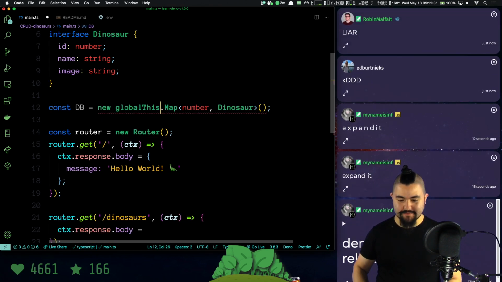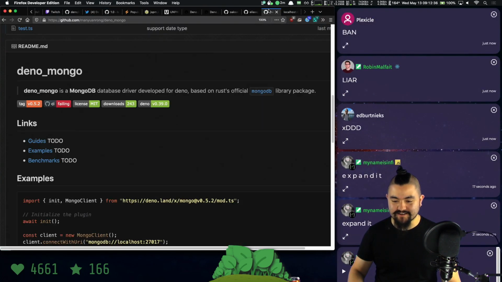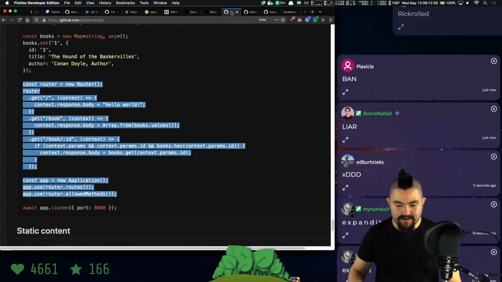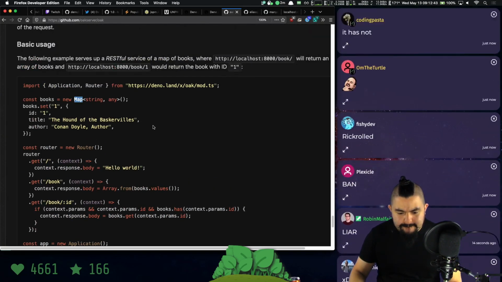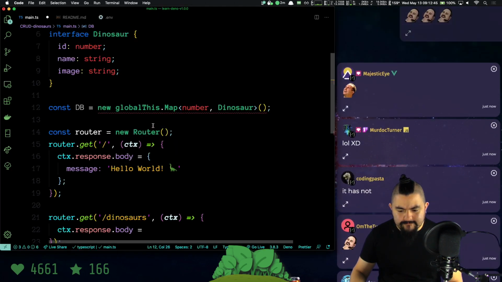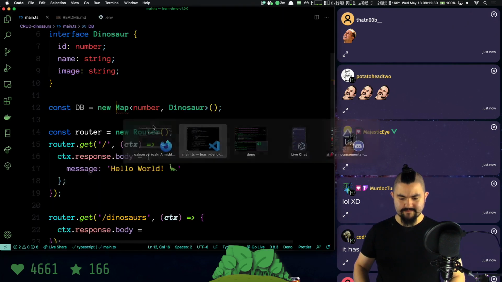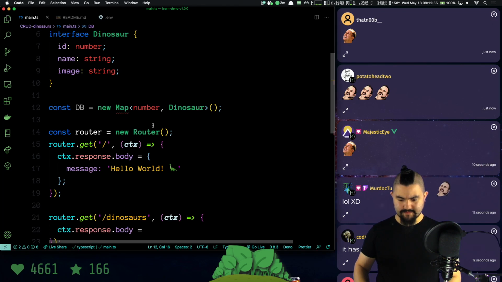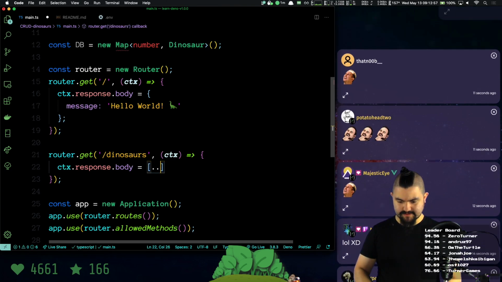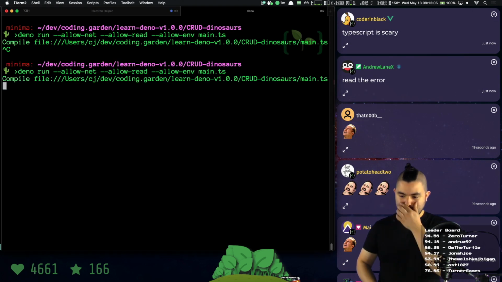How in the heck do I use a map in Deno? If we look back at that example of Oak, yeah, I just used a map straight up. Huh. So that's weird. Okay, I'm not getting type completion, but I could just do this. And then db.values. Okay, so if we kill this and rerun it,